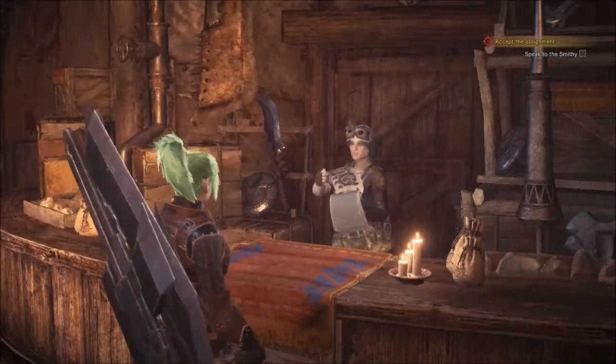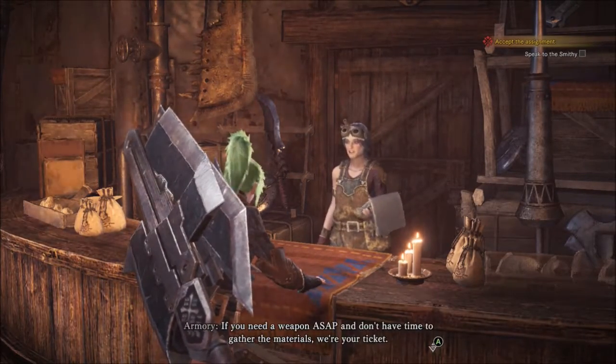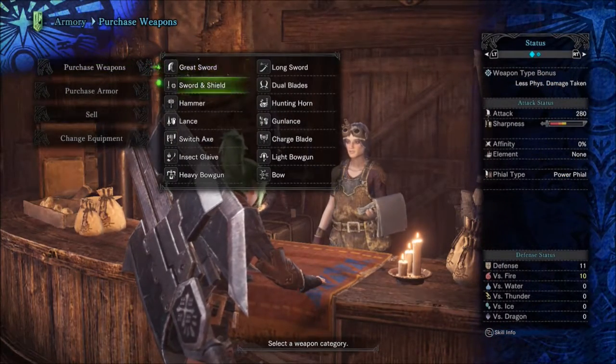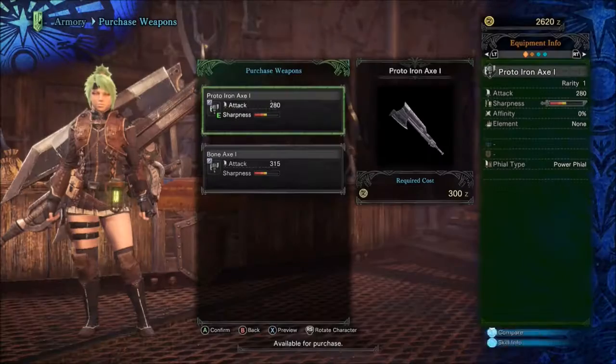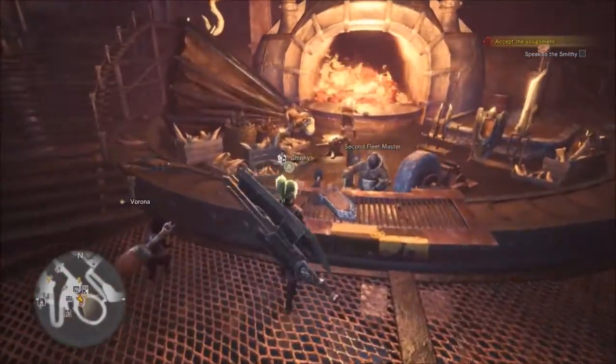Ooh, you want an armory? Oh yeah, these people will just sell you stuff if you are really pathetic. What do they sell? So they'll sell me the same type of stuff that I could make. I'll make it myself, obviously, because...